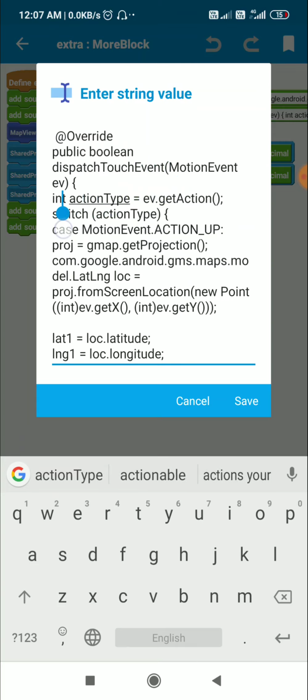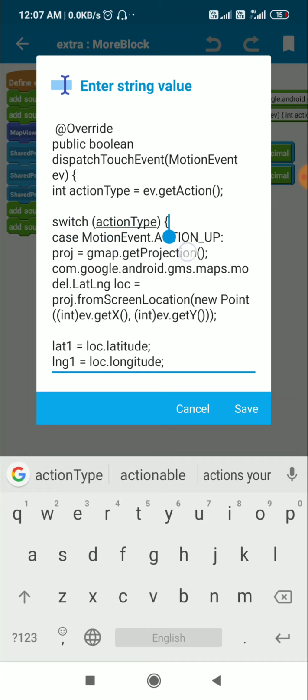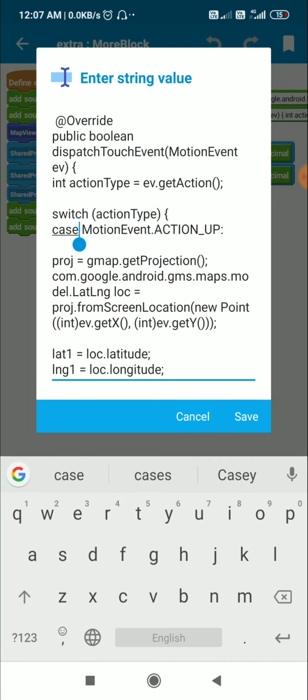So here I have this int actionType is equal to ev.getAction, and there can be different actions like action down, action move, action up, which are the actions of the finger on the screen. So here I have this switch for the action type which contains different cases. Now here I use only one case, which is MotionEvent.ACTION_UP.